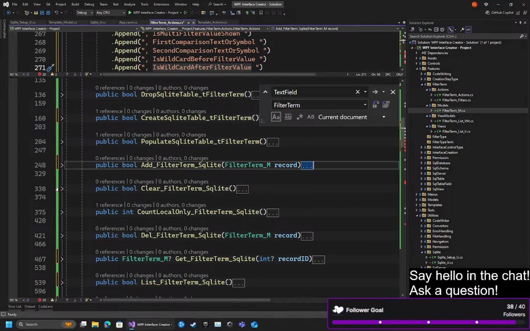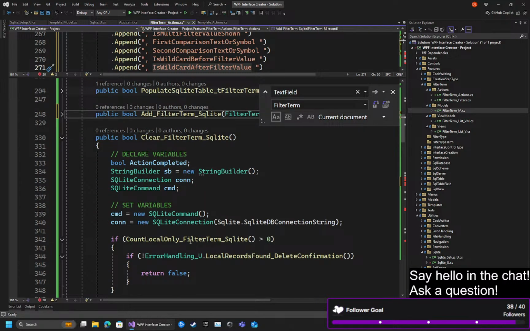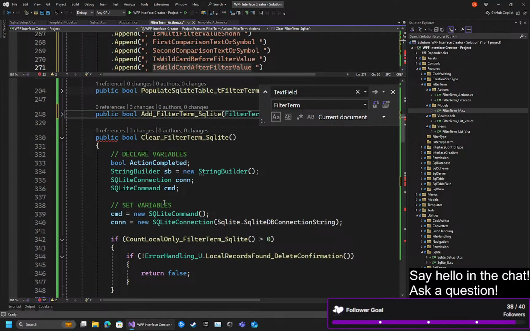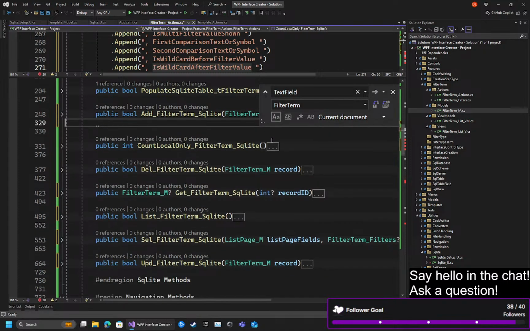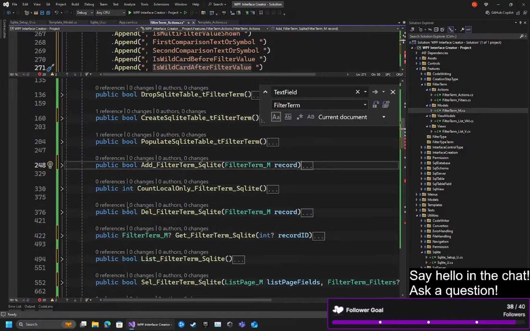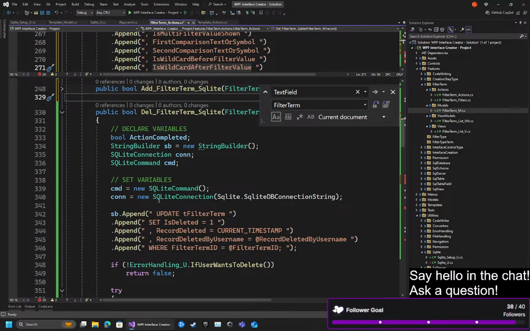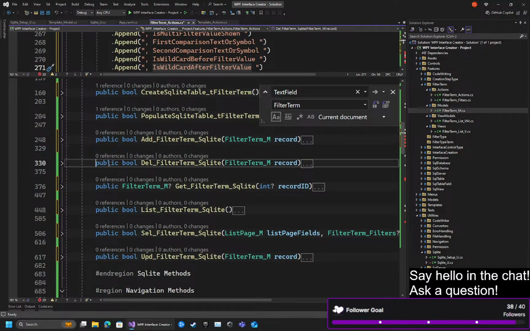Then we had a clear function. This one's supposed to count local only. We're not dealing with counts, and we probably don't want something that's going to clear all of them from the table. So we're going to get rid of that. Count local only. Again, we're not worried about that here. Delete filter term. Probably don't need to worry about that. There's no delete column on this one. There's no soft delete here. So